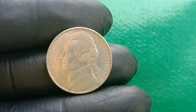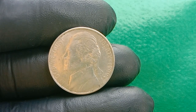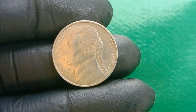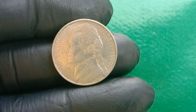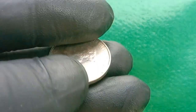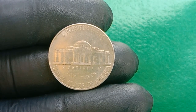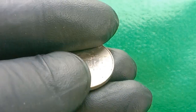Many of the 1999 P nickels that exhibit the most valuable traits also appear to have been struck on planchets that were not made of the standard copper-nickel alloy used for nickels, but instead on experimental compositions including some with abnormal ratios of zinc and manganese, hinting at either an unauthorized use of alternate metals or a cross-contamination with planchets from other coinage series or foreign coin contracts being executed by the US Mint at the time, which was not